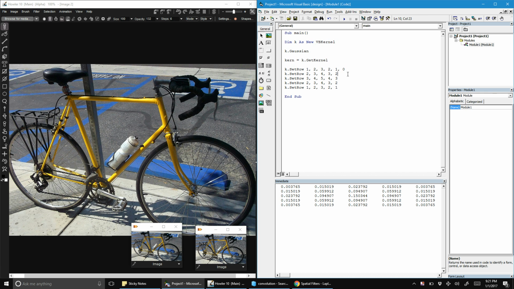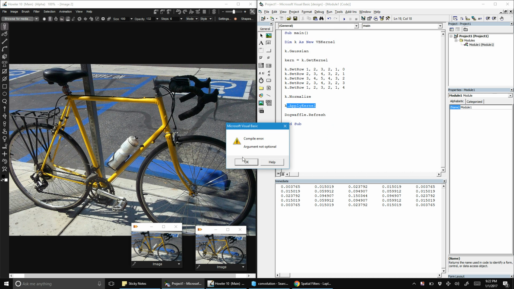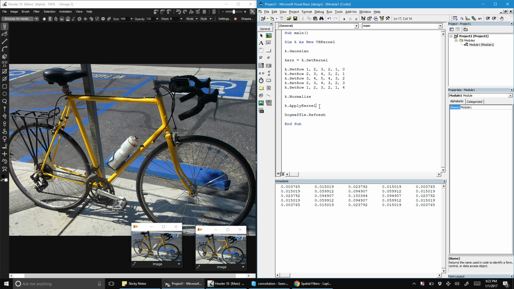All right, and then we also need to put the row on there. Then once we've done that, we will definitely want to normalize those. And then we do k.apply kernel, and then we'll refresh the screen so we can see it. Oops. Let's see what happens anyway. Let's see, argument not optional. That should actually be apply to image, and